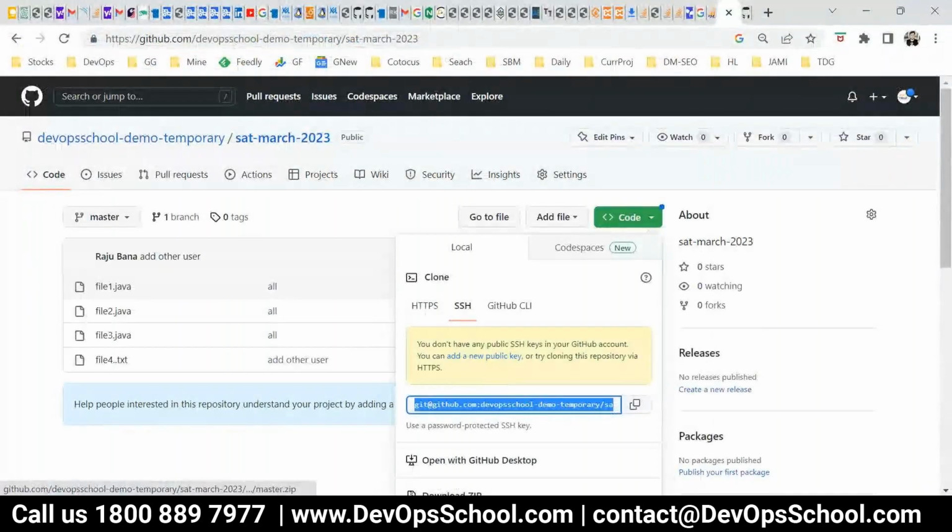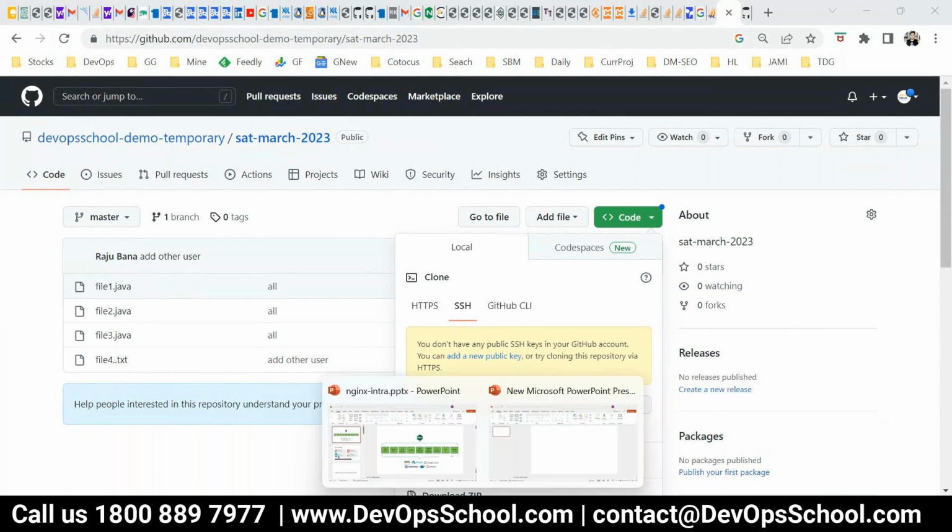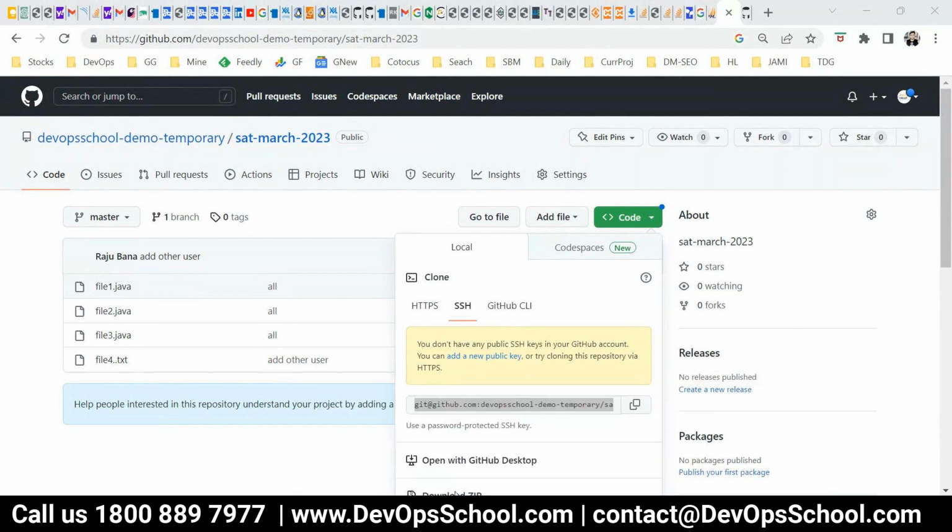Rajesh, what is the private key for? Why do we need that one? When you generate, you will have both private and public keys. If the private key is not in that location, your access will not connect. It's an SSH authentication method, so your public key and private key should be in sync to allow authentication. If you delete the private key from your machine, then that machine will not be able to access GitHub. So both have to be in sync.